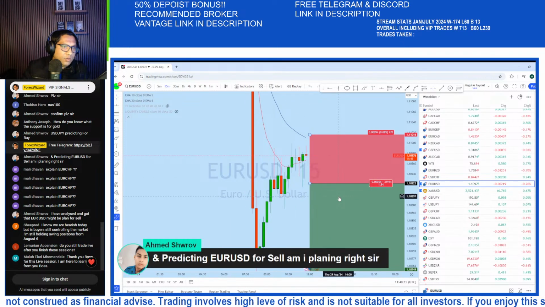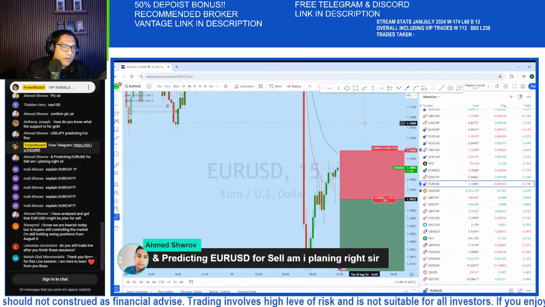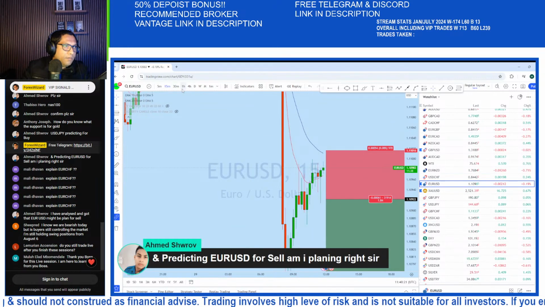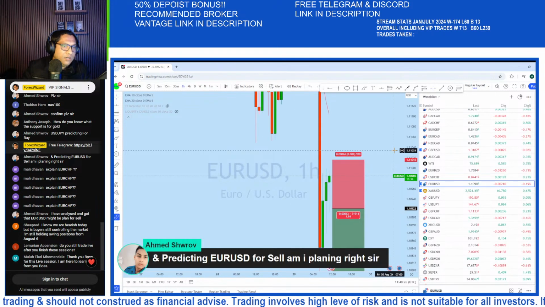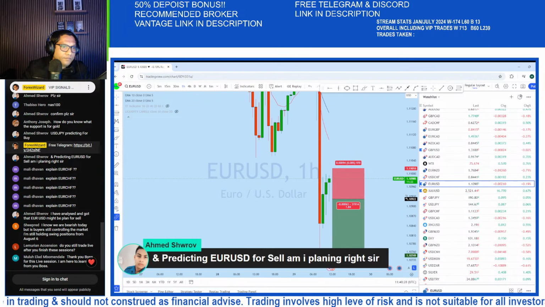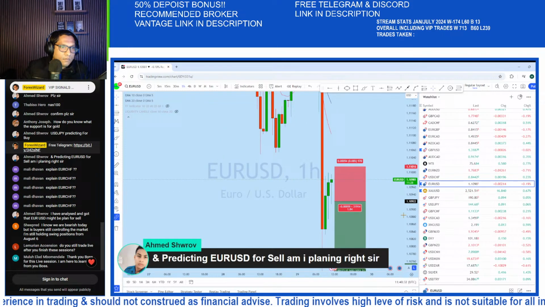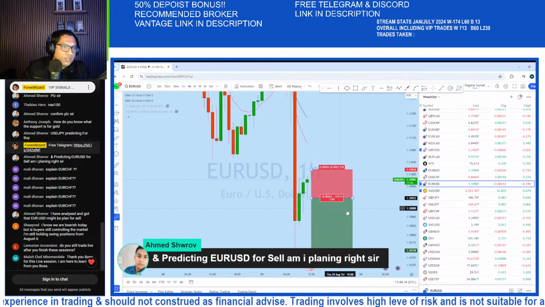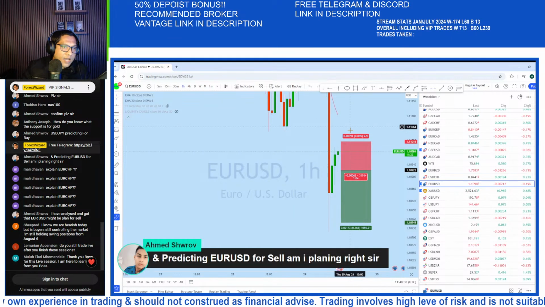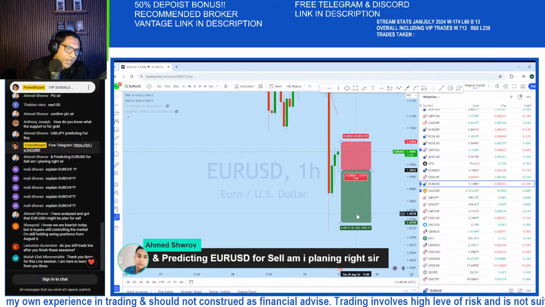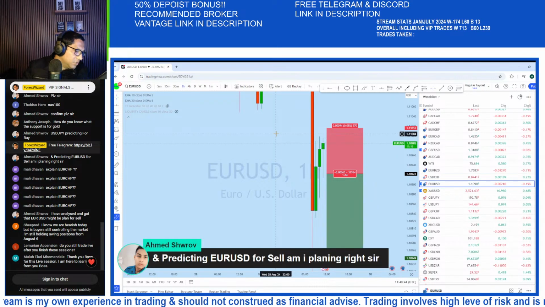Lower time frame on euro dollar. Local price action is short term, trying to show a bounce here. This is the 1 hour candle, and it didn't break the high. If it failed to create a higher high, it is possible for another wave of drop on euro dollar. We'll see.